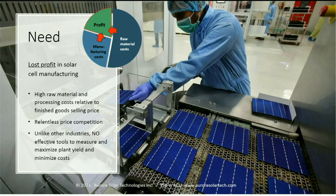Many of these companies have scaled to the levels they're at pretty recently, and there's not the degree of maturity and capability in the industry, or has not been, in terms of running very effective, high-yield manufacturing operations. And we saw this as a gap, and we said, okay, we're going to be the first movers in addressing that. So that's where we come in, and how we're doing that